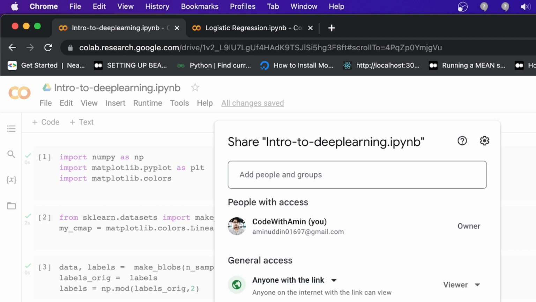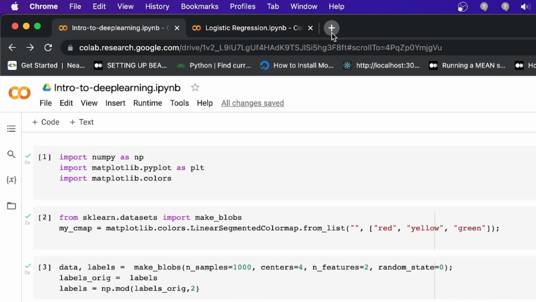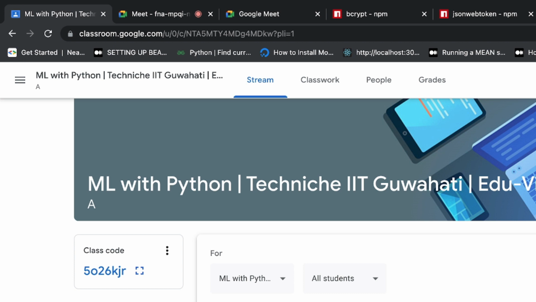The other classes are going to be a little bit faster, because for the project we are going to share the code with you. You can see the code and understand the code. Maybe next week every class is a continuous class. There is no off day in your classes.